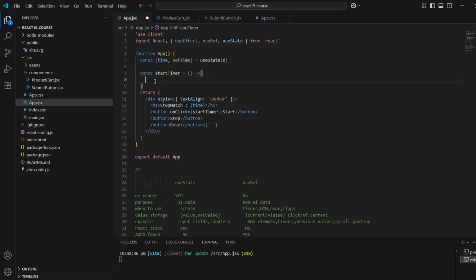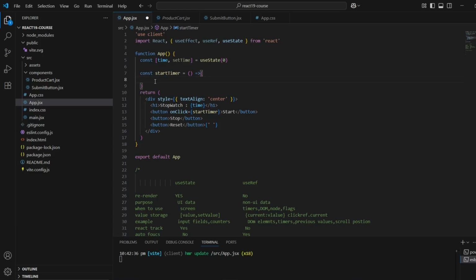And how will we do that? Using setInterval, definitely, and that interval will run every 1 second. We have to store that interval somewhere so that we can reuse it, clear it, or reset it. We don't need to show that interval in the UI, but we need it somewhere for our behind-the-scenes logic.